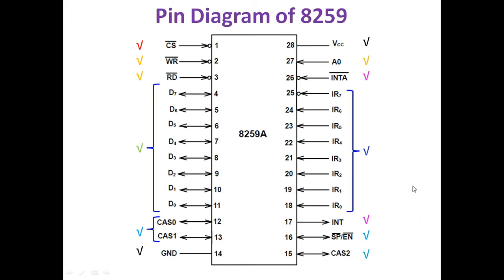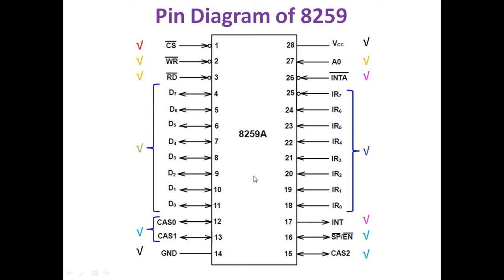Okay, and as the 8085 processor finishes the current instruction execution, after that the 8085 notices that the external interrupt is requiring the service, and in response to the INT signal, the 8085 processor sends logic 0 on the INTA pin, so that the 8259 understands that the 8085 got the interrupt. Okay, so this is all about the 8259 pinout diagram.